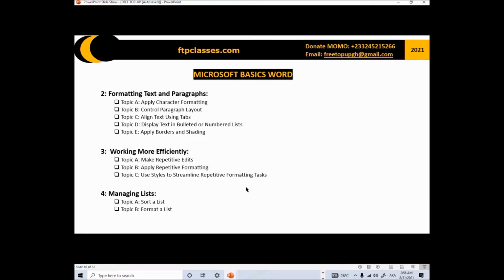So we will come and look at working more efficiently. That's making repetitive edits, applying repetitive formatting, and using styles to streamline repetitive formatting tasks. We come to managing lists: sort a list, format a list. All these things that we are looking at, we are going to look at them once and for all, and we are going to make sure that we break them into